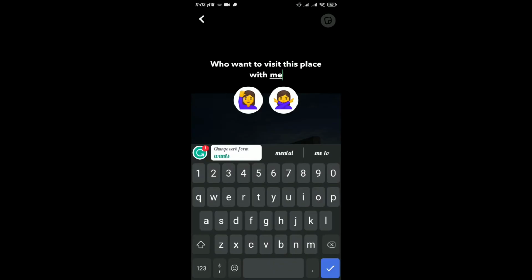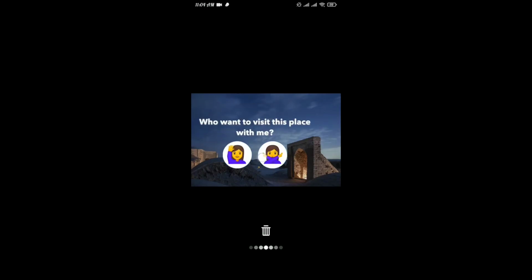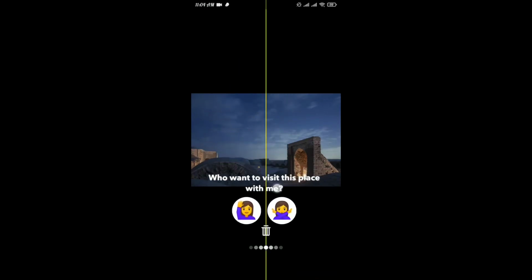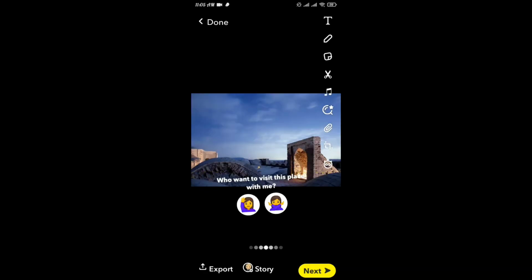After you're done with it, press on the tick button on the bottom right. You can drag and place it wherever you want to, and also resize this. And you can also add some text and music to it, and once you're done with editing, tap on next